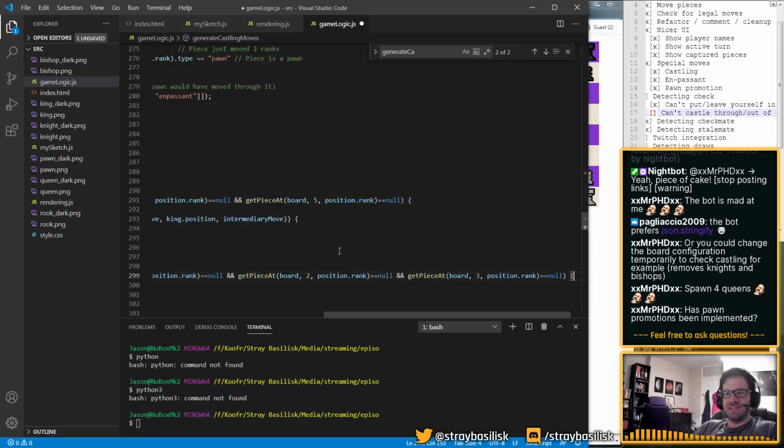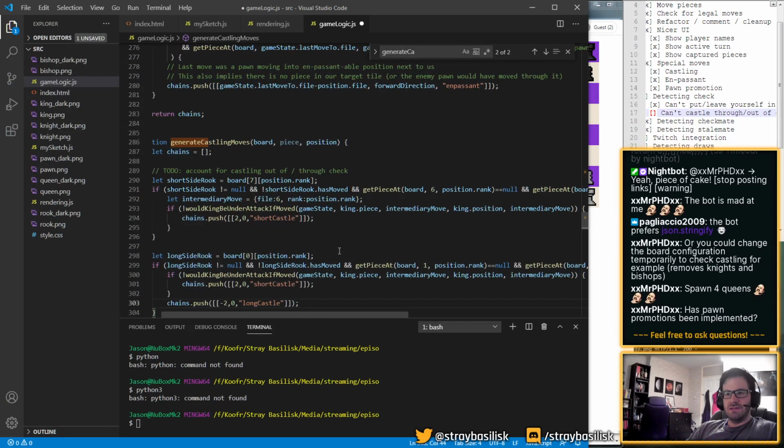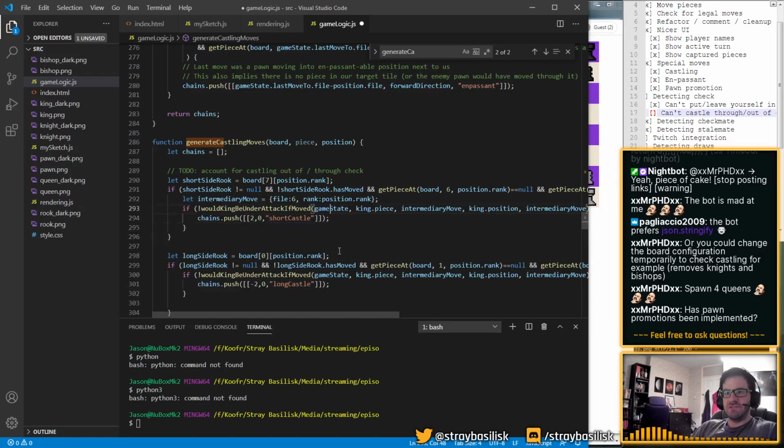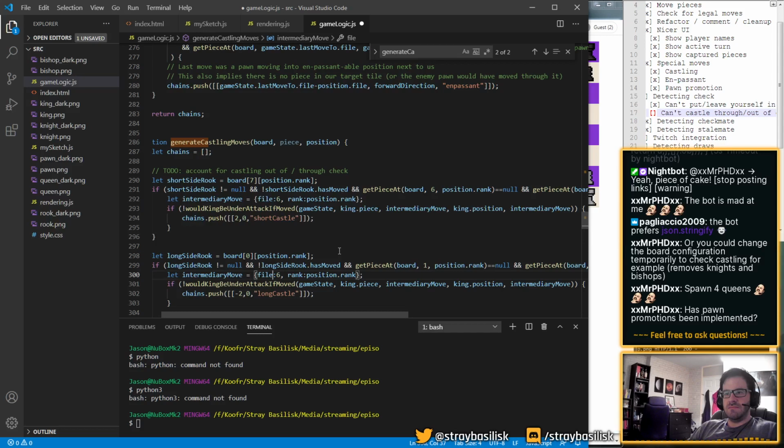So then we can do something similar here. Okay, this is the long castle, and intermediary move is 4.